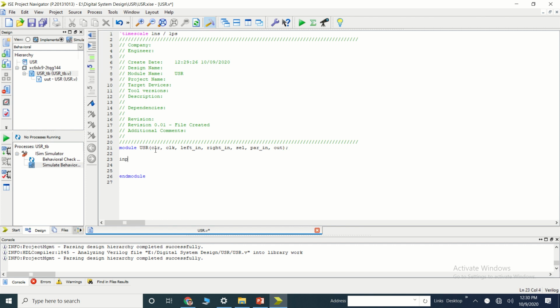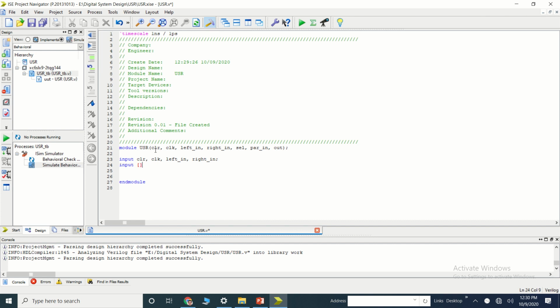Now let us define the direction. The inputs that have the same bit size we can define under a single input direction. So the same I am doing. The clear, clock, left in, right in, all are of single bit.